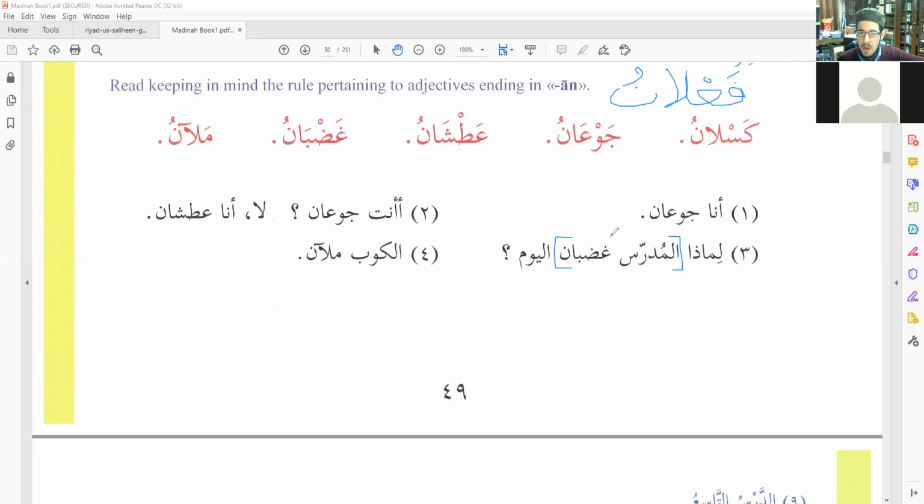All right, and we came to this right here, and we had a question. One of the questions was, why doesn't it have alif lam? We know why it doesn't have tanween, because it is mamnu' min as-sarf. Why doesn't it have alif lam? And I had said because mamnu' min as-sarf prevents it from having alif lam as well, and that's not correct at all.